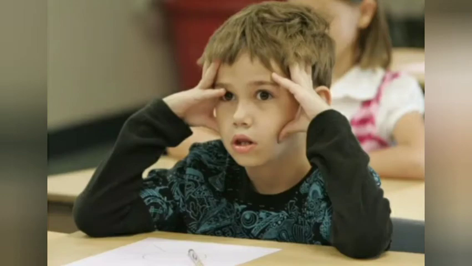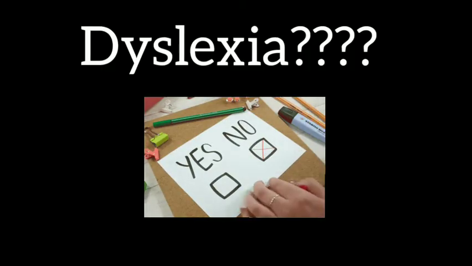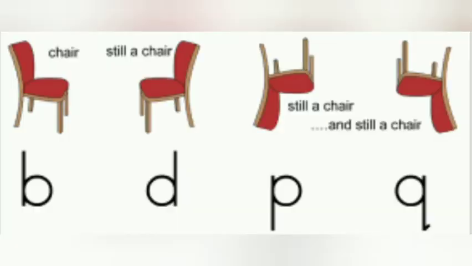Does your child get confused with similar looking letters like B and D or P and Q? Do not confuse this with dyslexia, it's not. The child gets confused because any three-dimensional object when turned in different directions remains the same, but in the case of letters, it does not. They produce different sounds. This most commonly occurs between the letters B and D, P and Q, U and N,